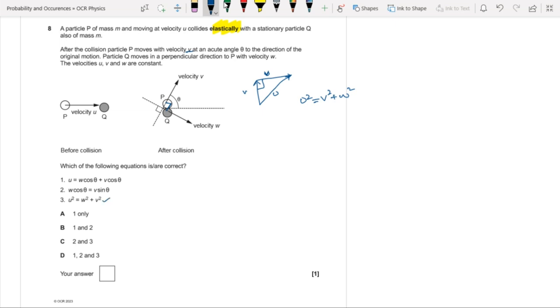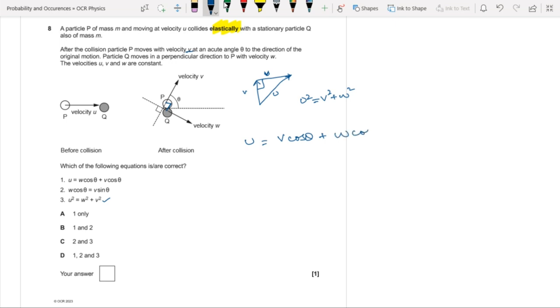Now coming to the first and second part, whether they are right or wrong. So u is equal to w cos of theta plus v cos of theta. So u, which is in the horizontal direction, when we resolve a vector into its vertical and horizontal components, they should also be consistent. So u should be equal to the horizontal component of v and the horizontal component of w. The horizontal component of v is v cos of theta